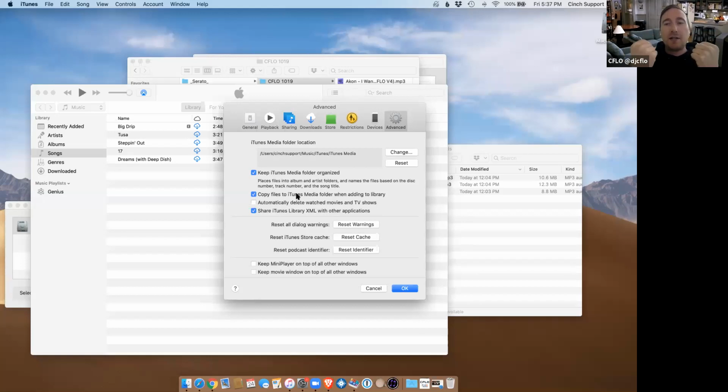So I'm going to recommend, like I said, you're in charge. We're going to tell these files where to go. In order to turn this off, you just go in here to Advanced and turn it off. We're also going to want to turn on Share iTunes XML with other applications. This will allow Serato and other programs I'm about to show you to help with library management, even though we're going to divorce the two. So turn both of those on, and now iTunes will not duplicate files you add.